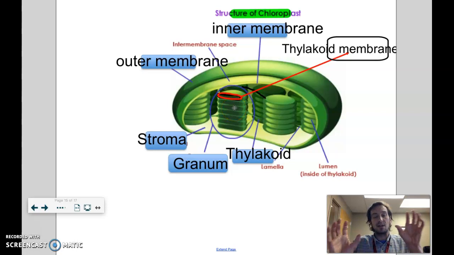photosynthesis. We're going to break it down into two parts. Some people call it the light and dark reactions. Some people call it the light dependent and the light independent reactions. So we're going to talk about the reactions that take place in the thylakoid, with the chlorophyll, and then the chemical reactions that take place in the stroma, the dark reactions. So that's sort of your introduction to